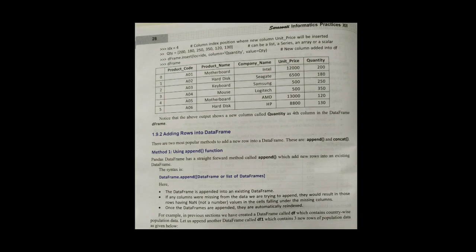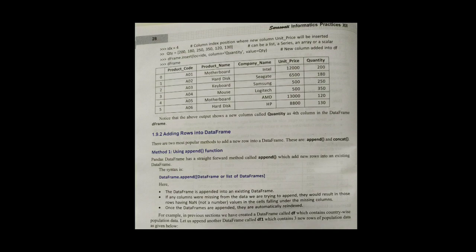So first we have created index. Index is equal to 4, then quantity. Quantity is equal to 200, 108, 1008, 180, 250, 350, 120, 130 etc. Next we have combined those two values.